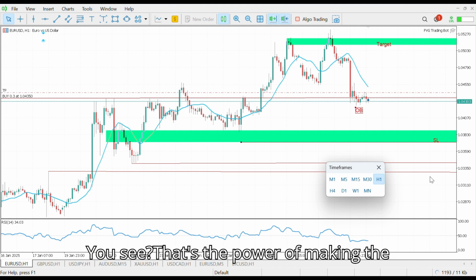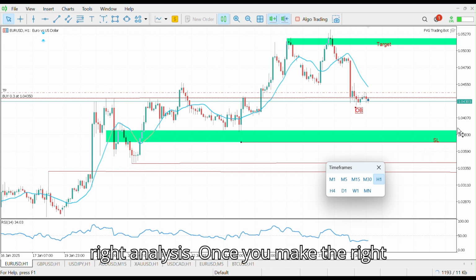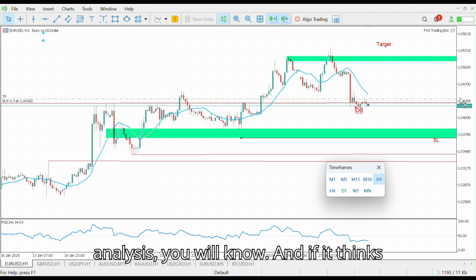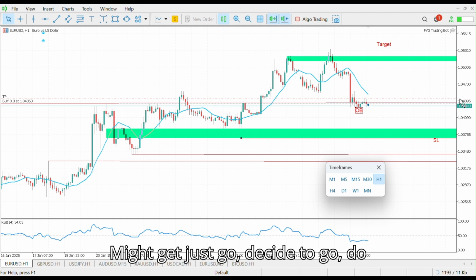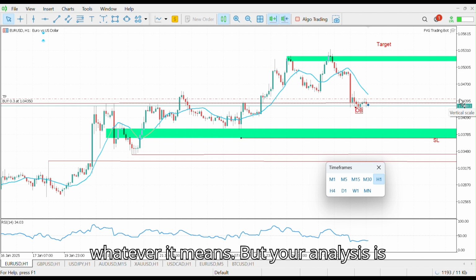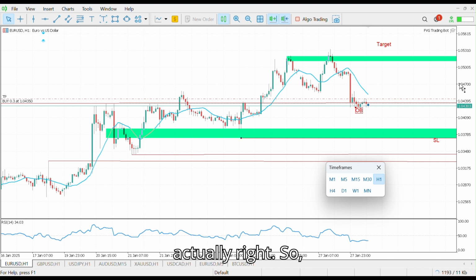You see, that's the power of making the right analysis. Once you make the right analysis, you will know. And if it fails, you know that the market just decided to do whatever it wants, but your analysis is actually right. So